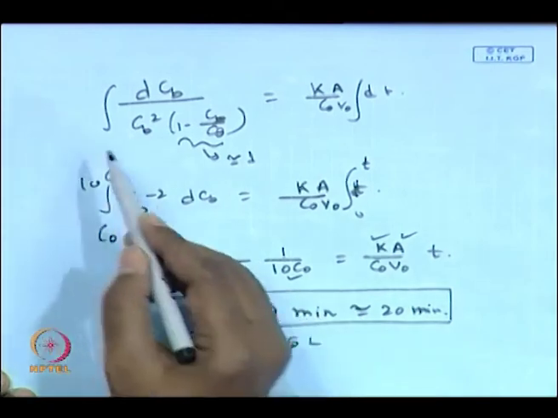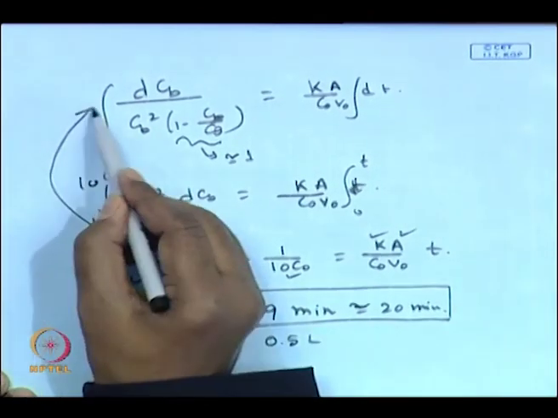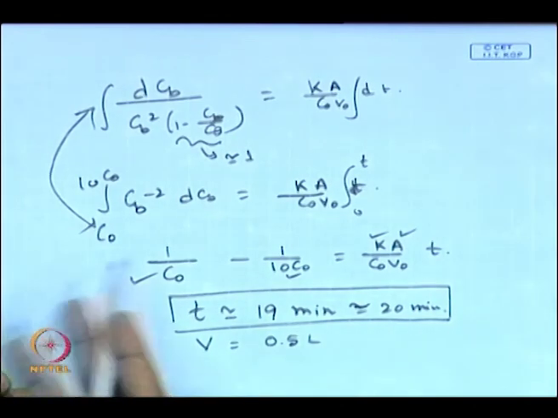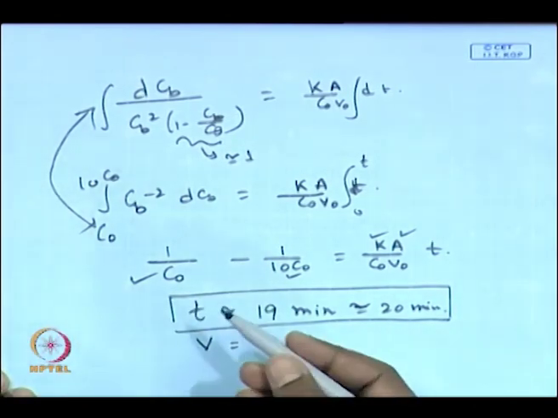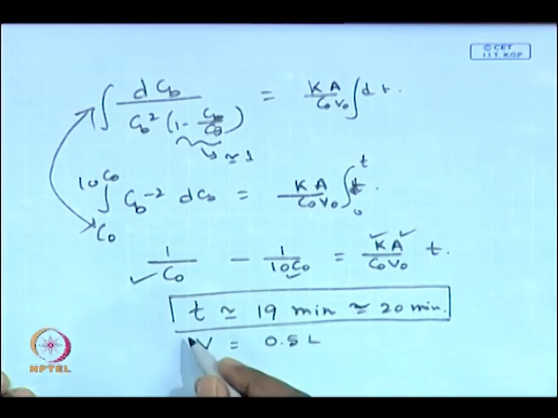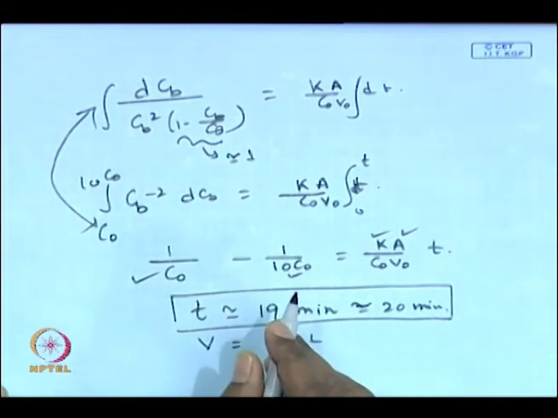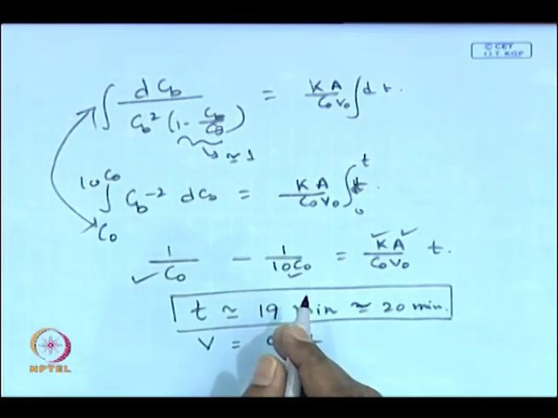Okay. In fact, these simplifications are useless. You can directly do the numerical integration after getting the formulation, because I would like to give you a feeling of what is the typical order of magnitude of the time that you require for this operation. I did this assumption and got these simplifications. Otherwise, one can directly do numerical integration by using a trapezoidal rule, and can estimate the time required to achieve this particular concentration of the protein.